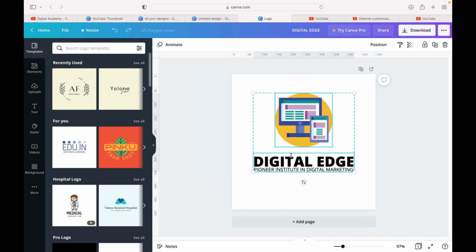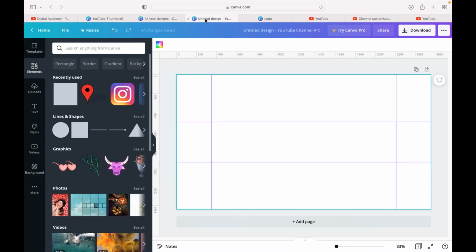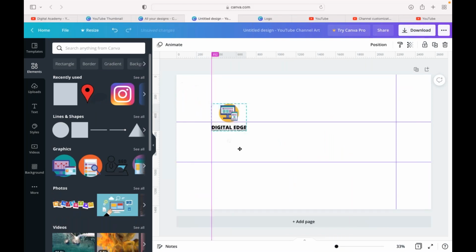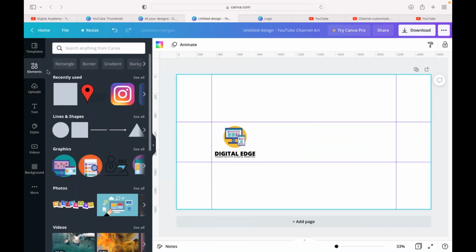Control A, copy, bring it down. Place it in the center if you want, or to the left, and you can have the name written in bold and white, covering the canvas. Okay, here I'll take Digital Edge